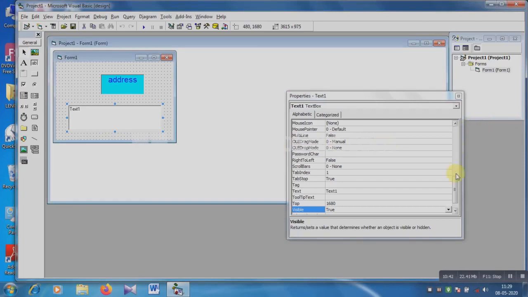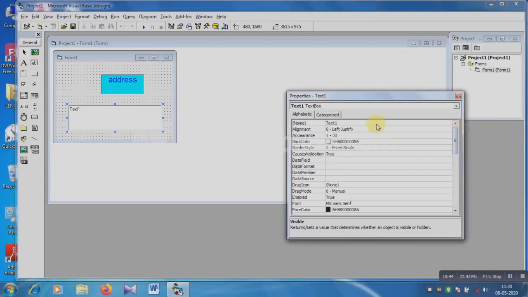Then first the name. You can see the default name text1, the same as label. There was label1. Now text1 is the name of the text box. You can change it, but I am keeping it unchanged. Then alignment. Three alignment options are there: left, right and center. I am choosing the center. You can choose right also.